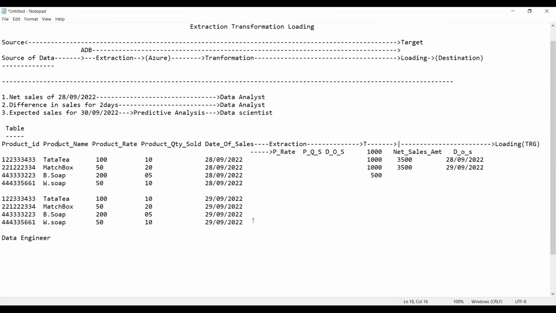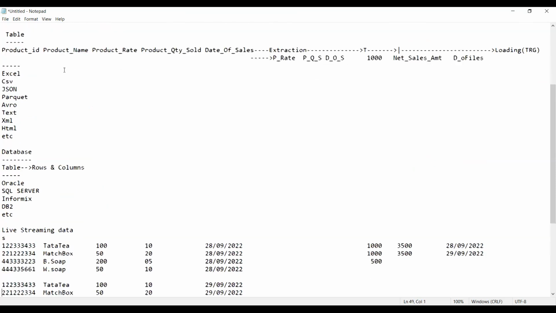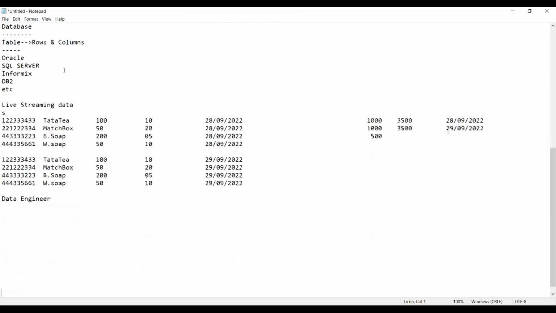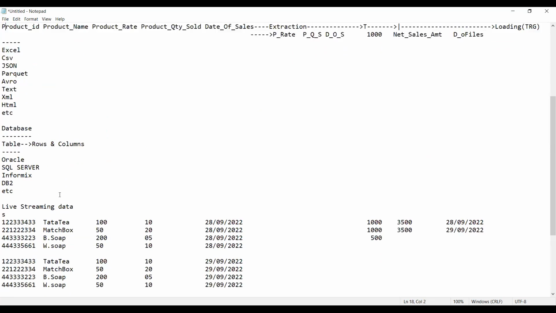So now, guys, this is the thing we have. Now, after this, all of you, what are the sources of data we have, and what is the extraction? Extraction, transformation, and loading. So I think everyone is clear with this concept, guys. And this is nothing but the sources of data we have. So now, guys, let us start with the next process. Let us see it here, all of you.